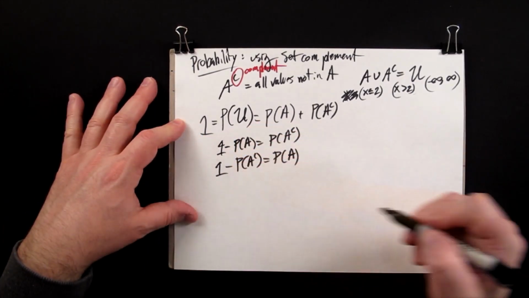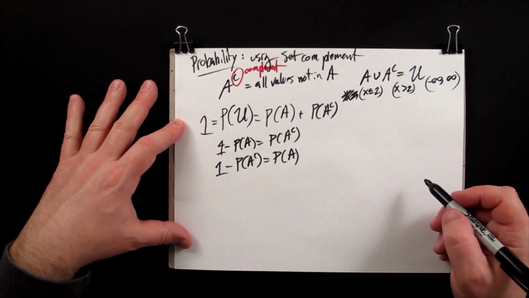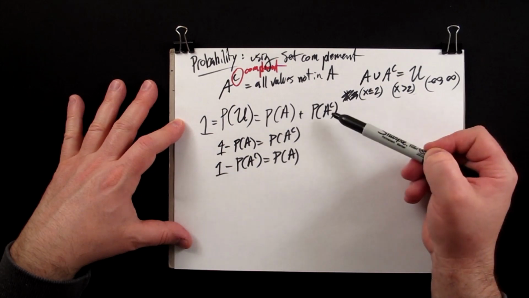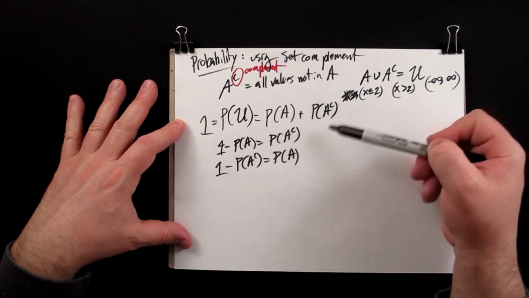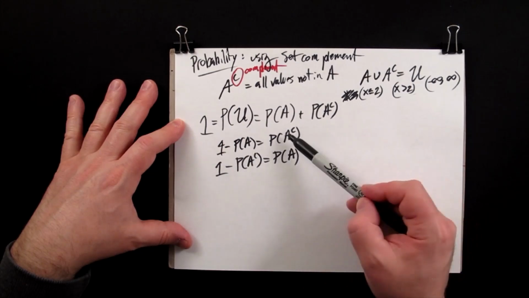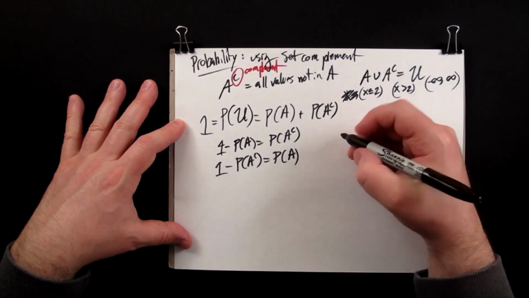Okay, so that's great. Why would you want to do that? Well, maybe one of these is easier to compute than the other, but you actually want the one that's hard to compute. Well, you find the one that's easy and subtract it from 1 to get the one that's hard. Okay, so just as an example,